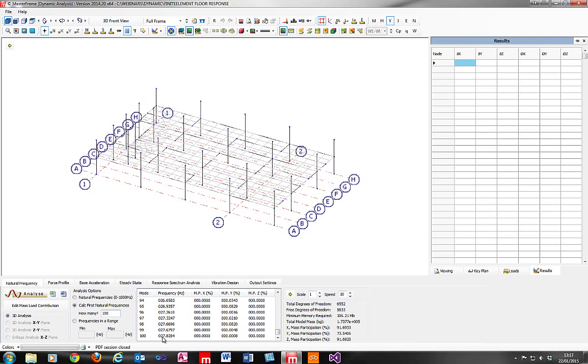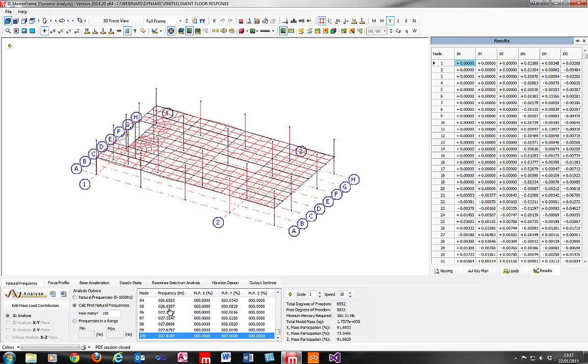So I'm happy that I've only got 100 frequencies here, and they stop at this particular natural frequency. And indeed, we can see when we look at the mode shape, just increasing the scale a little bit there, that it is indeed quite a high order mode, which would have pretty low